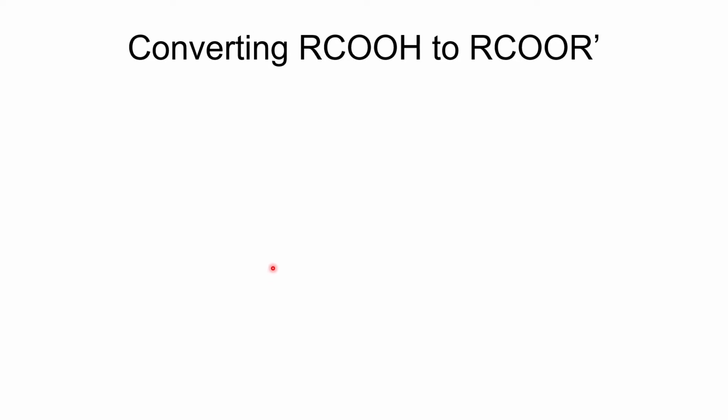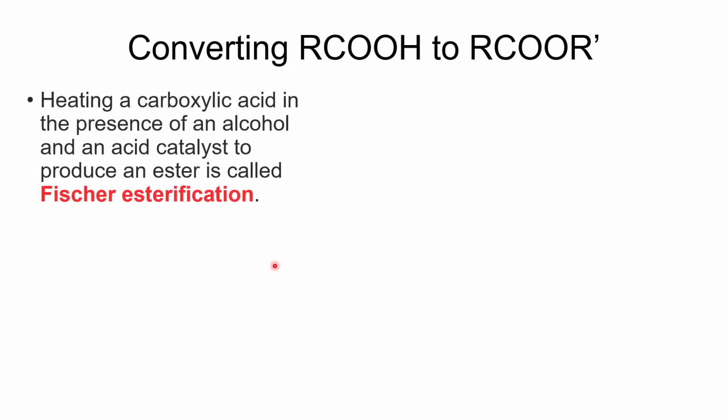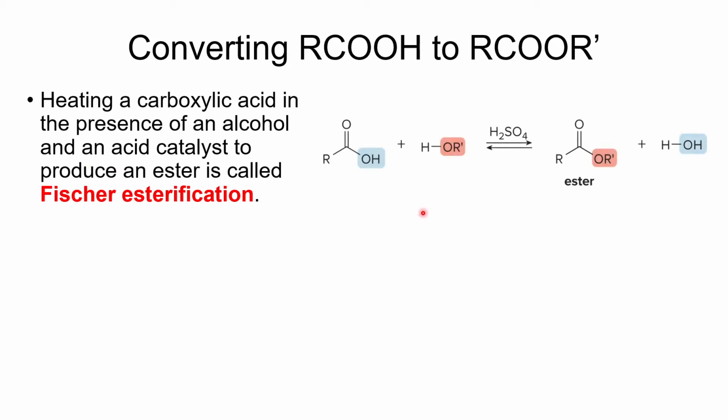What about converting our carboxylic acid into esters? Well, we can do it by a process that we call Fischer Esterification, invented by Fischer. This is a common experiment that is done in most organic chemistry labs as a basic reaction that you need to know. You will take the carboxylic acid plus an alcohol, and you will put sulfuric acid in as a catalyst, and that sulfuric acid will make it so that you can create this ester, and you'll have H2O as a